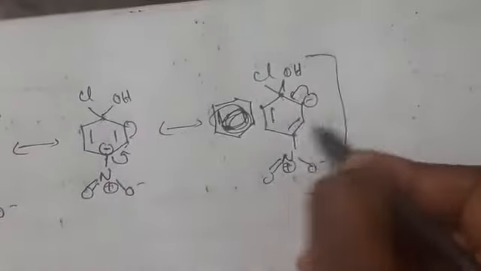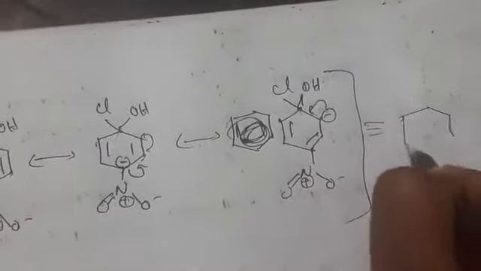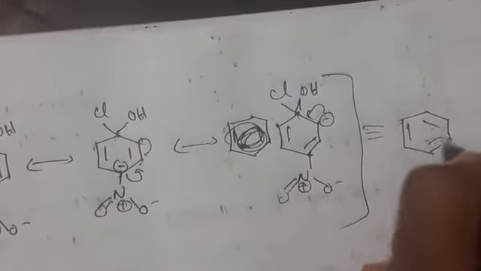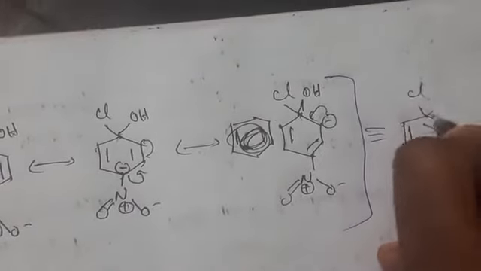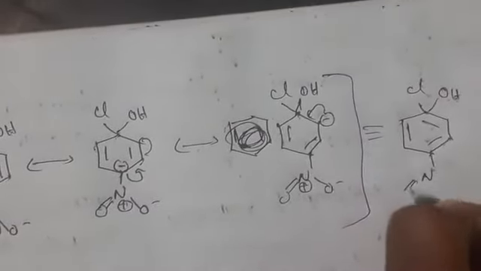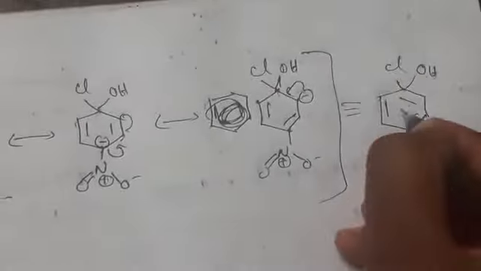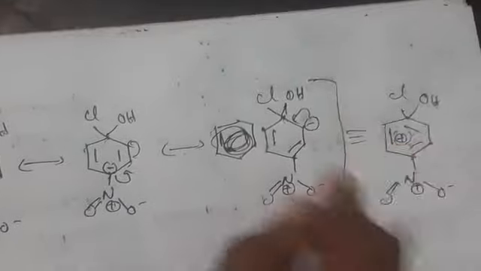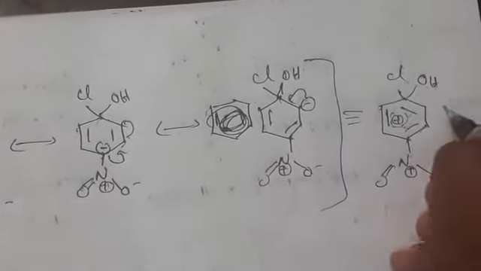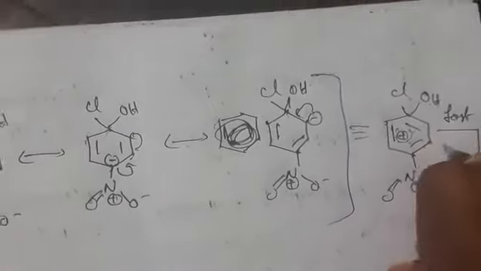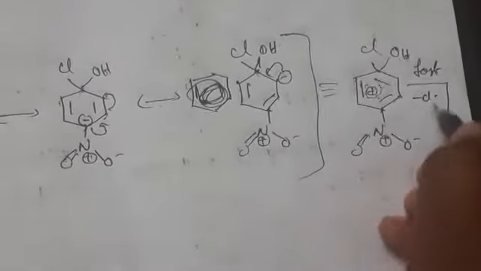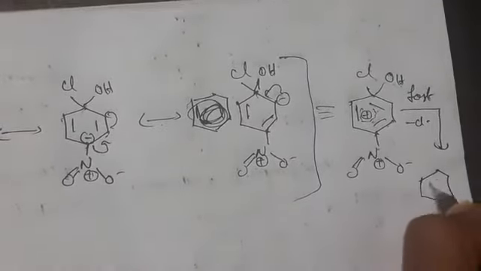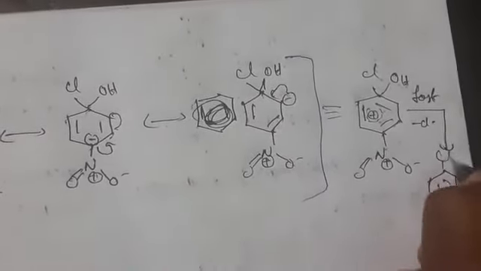Okay, so again it is forming this molecule, how is it forming, we are forming Cl OH, here N double bond O plus, O minus. So by this what we can say, this is forming a resonance hybrid structure, meaning the bonds are rotating. If we write it as a circle like this, it is forming a resonance hybrid structure. So by this it is a fast reaction, losing Cl minus, so you are going to get the reaction like this, NO2, here OH. Okay, so this is nothing but the reaction at para position.